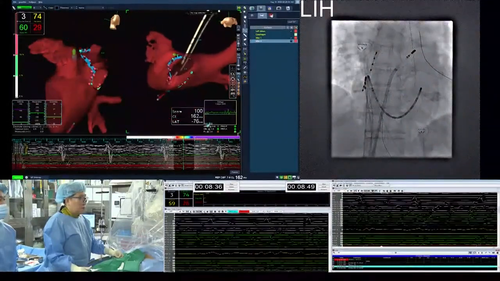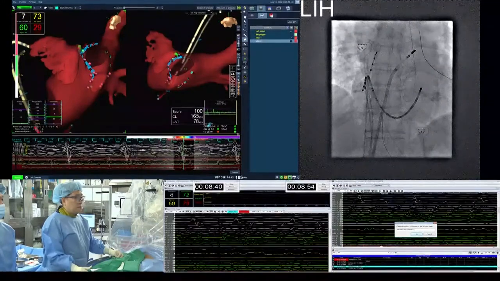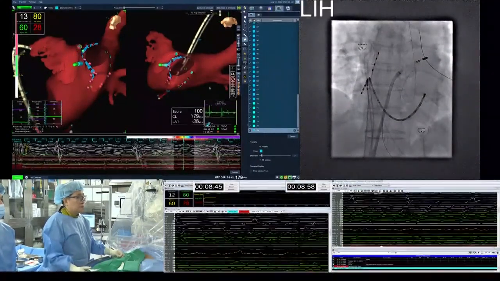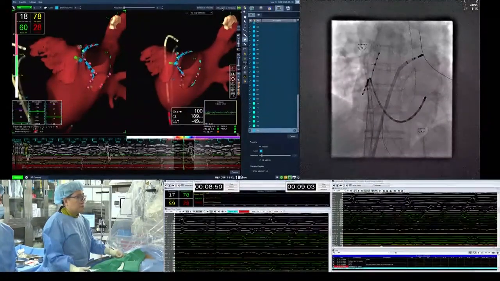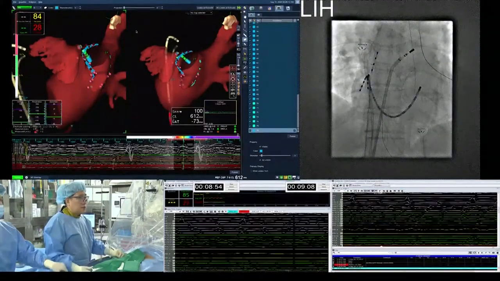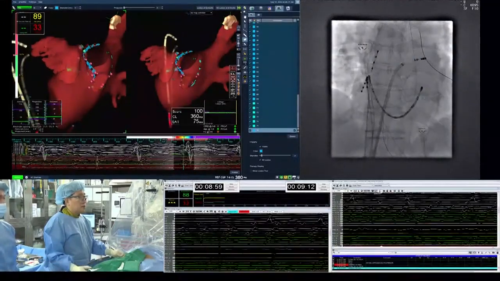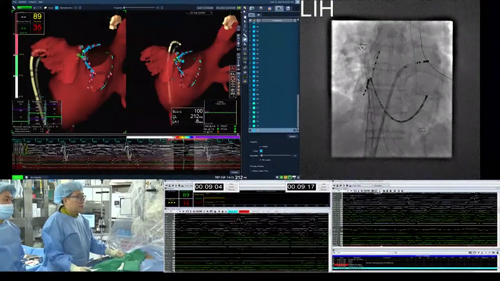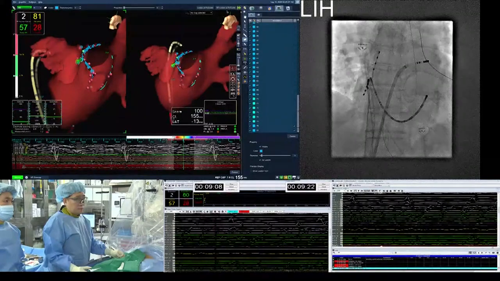So at this point, the temperature is over 39. So I move on to the other point. Like a frog jump, I ablate the posterior aspects of the left side antrum, from here to here, because we need to give a chance for the esophageal temperature to cool down. So during the cooling period, I generally add the linear ablation along the posterior aspects of the appendage.